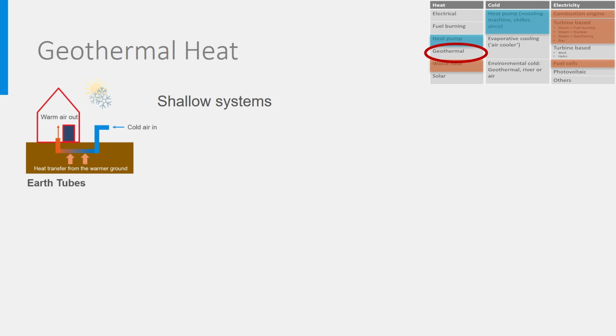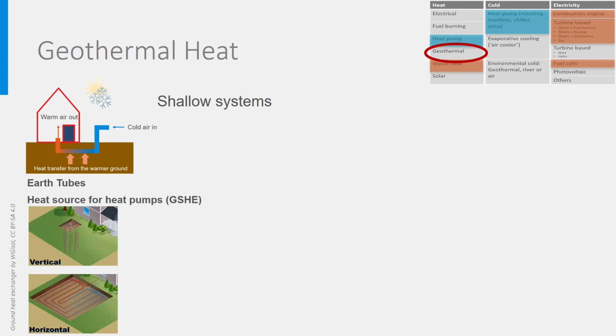Next to this, there are also the ground heat exchangers used as heat source for heat pumps. You see them here in vertical and horizontal designs. They are connected to the evaporator of the heat pump. These systems work well when the warm season is long enough to regenerate the ground temperature. Then